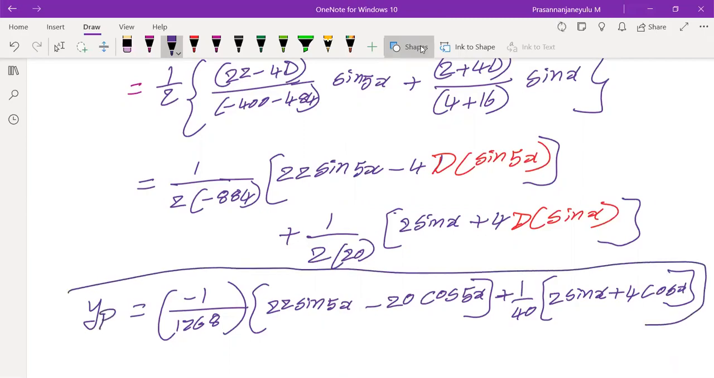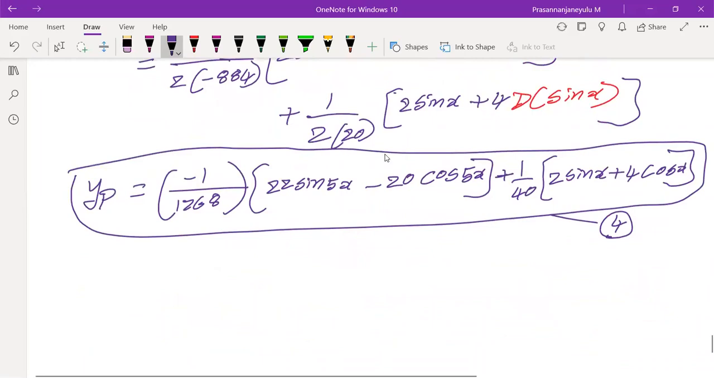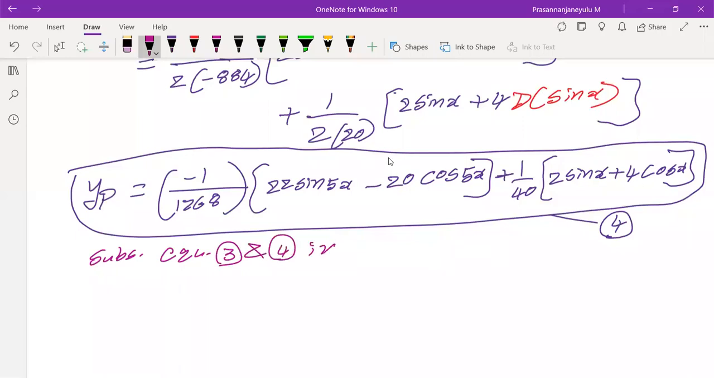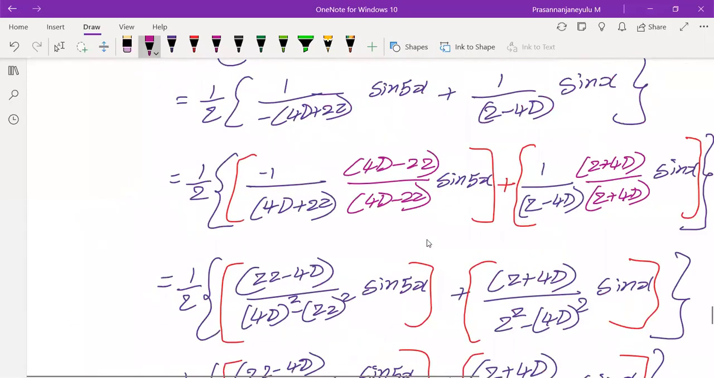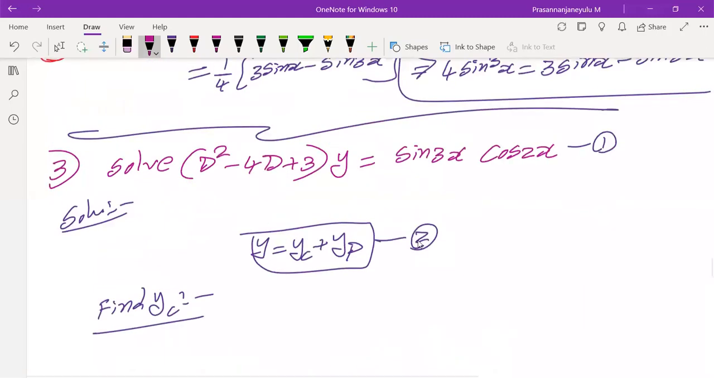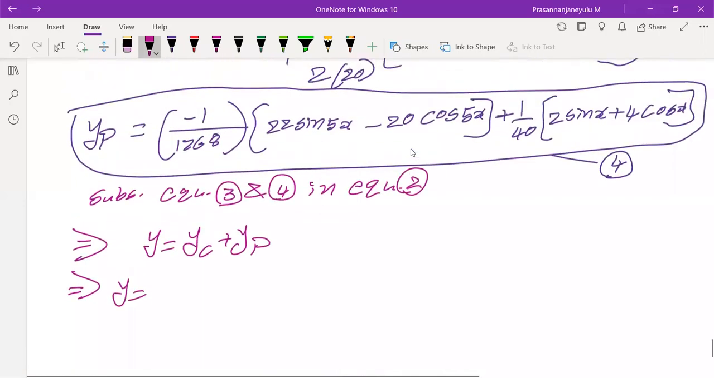Take it as equation number 4. So what we have to do? Substitute 3 and 4 in equation number 2, as we follow the same process in all the problems. So substitute equations 3 and 4 in equation number 2. Then y equals yc plus yp. That implies y equals yc, which is, I think, c1 e power x plus c2 e power 3x. If you find the roots for this, m equals 1, 1 we will get. I don't know whether you people did it or not. So simplifying, directly substituting here, c1 e power x plus c2 e power 3x plus